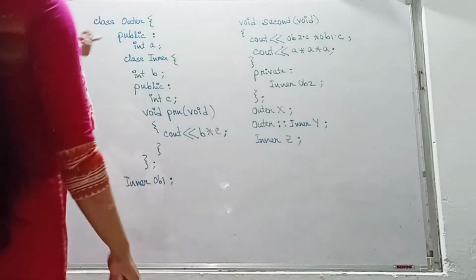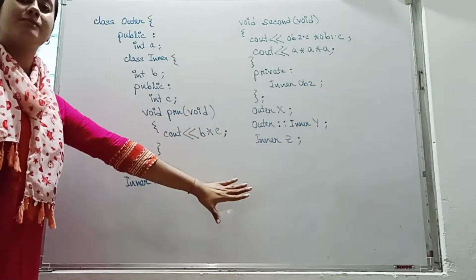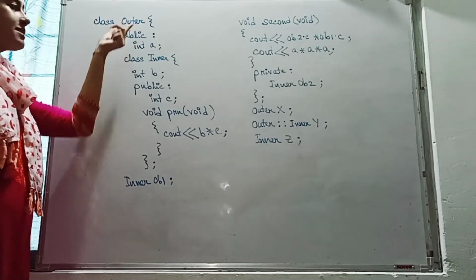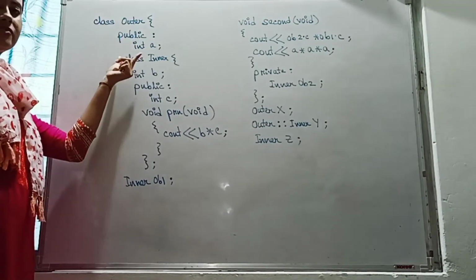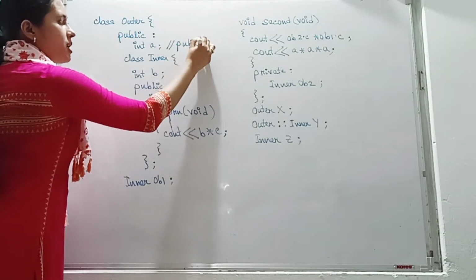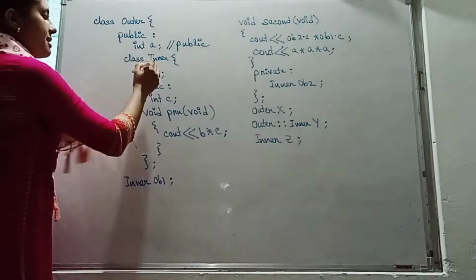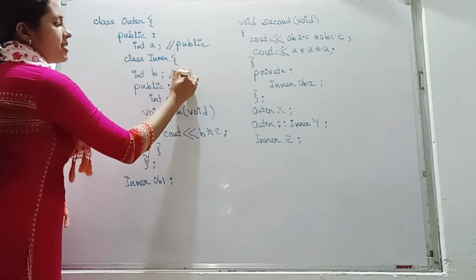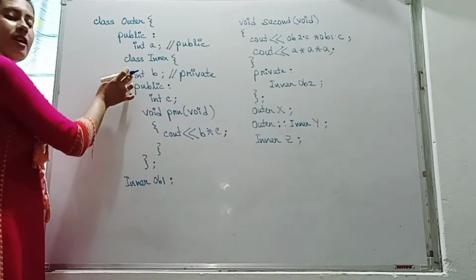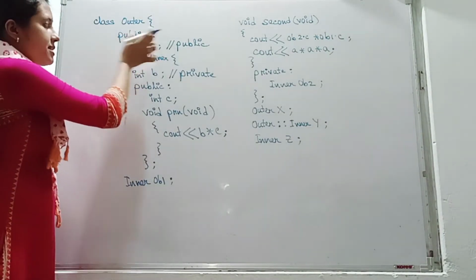Now you see this one, another example let us take, in which we will see which statement will be valid and which statement will be invalid. You see this outer class is defined. Inside the public section of the outer class we have defined this data member. This is a public data member. Now inside this one we have defined the inner class. Inside the inner class, this B is what? This B is private. You remember this one, because before this B we have not assigned any visibility mode. Before this A we have assigned public. That's why it is public.